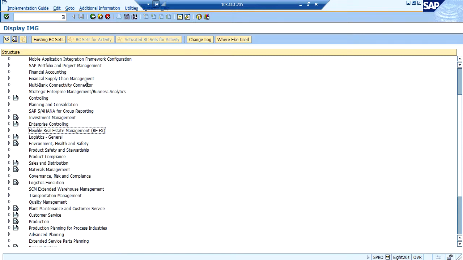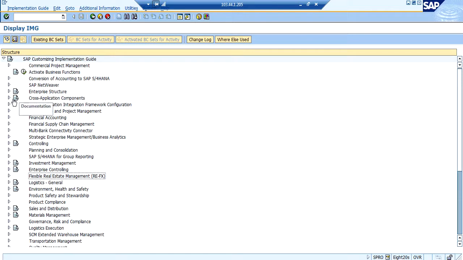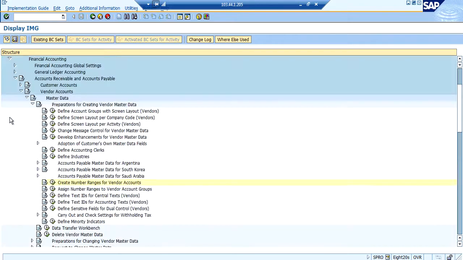Here also, first of all, we have to configure account group, number range, and assigning of number range for vendor master record, and then we have to assign the same to business partner groups. So let us see how we can do that.